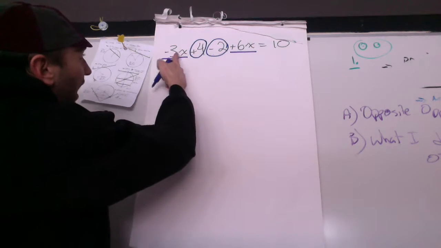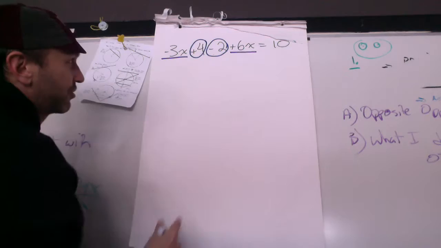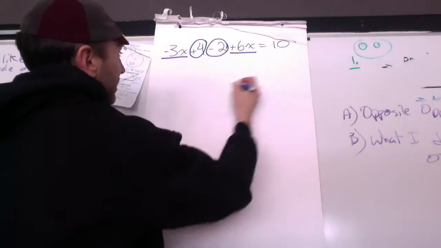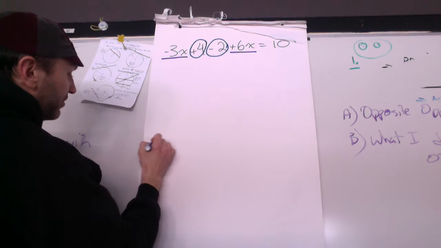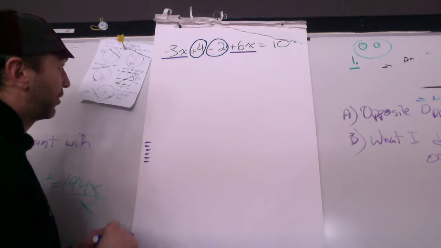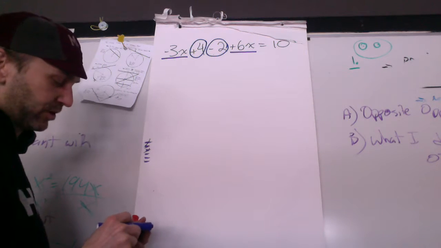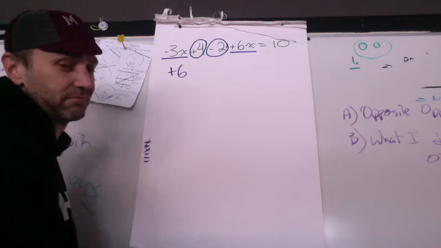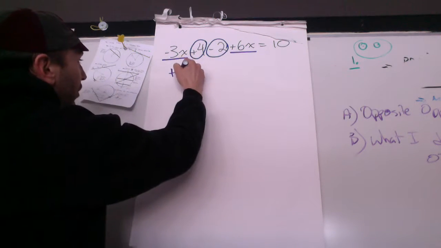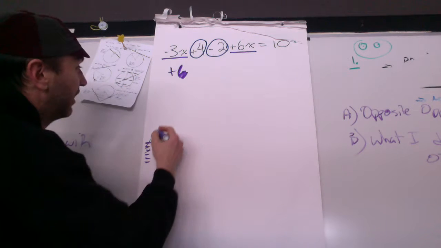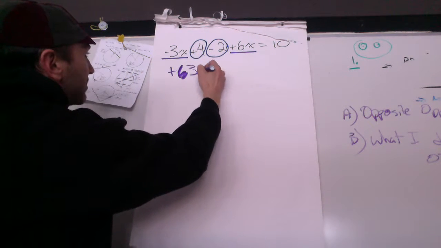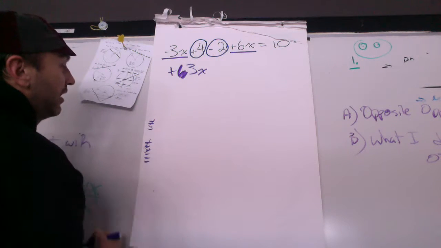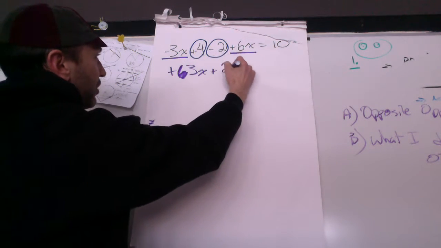So, first one, I have positive 6x and minus 3. They both have the x, so they're like terms. Well, if I stack up 6 Lego blocks, 1, 2, 3, 4, 5, 6, and then I take 3 of them away, 1, 2, 3, I'm left with positive 6x. Positive, did I just say 6? It's totally wrong. Can't even read my own writing. That's positive 3x. Now if I have 4 Lego bricks, positive 4, and I take 2 away, I'm left with positive 2